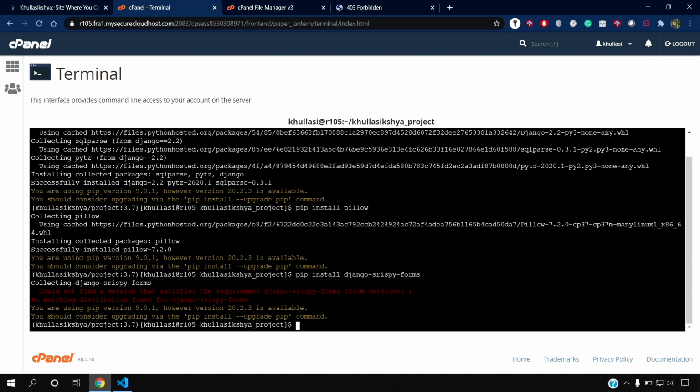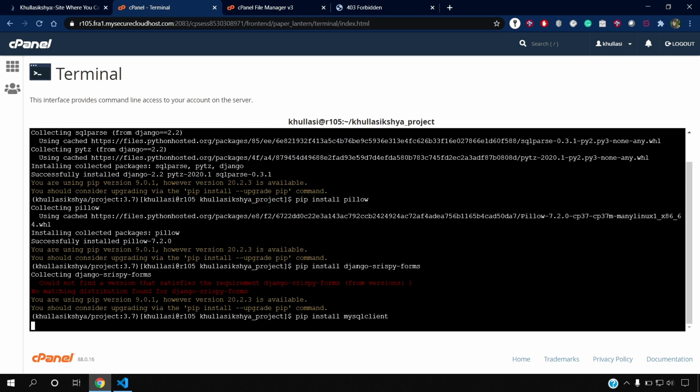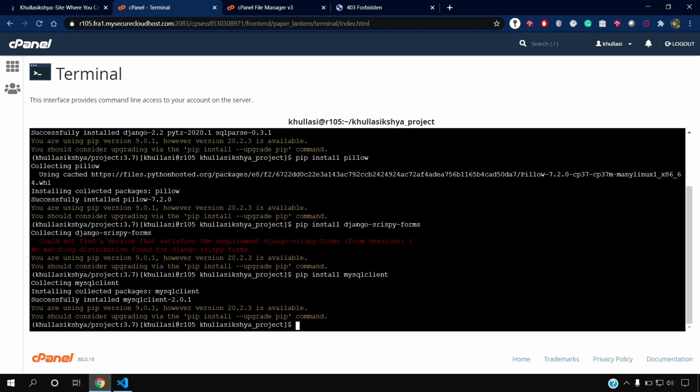You can even look at these requirements in requirement.txt. You can generate the requirement.txt file of your project as well. Then install mysqlclient, as I am using MySQL as the database. The final one is the social auth app for using Google and Facebook login.